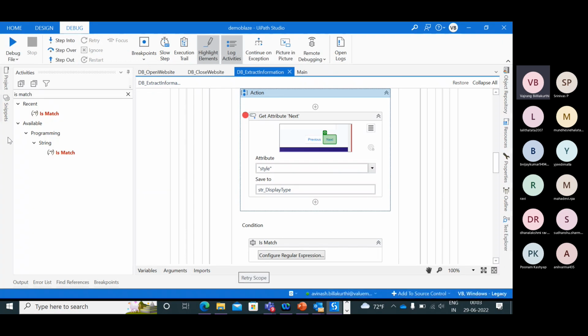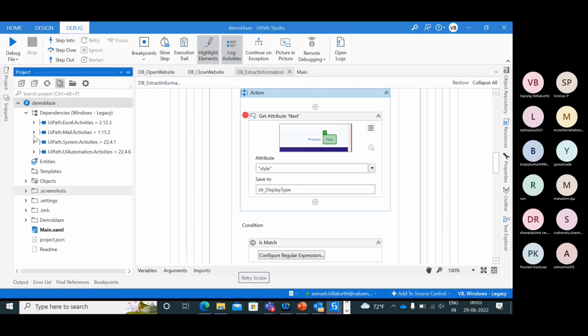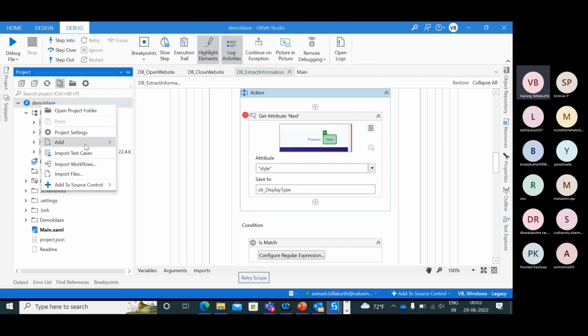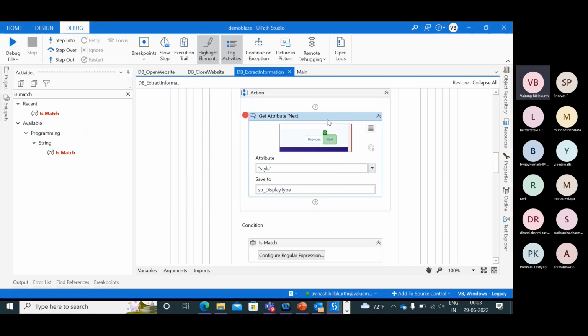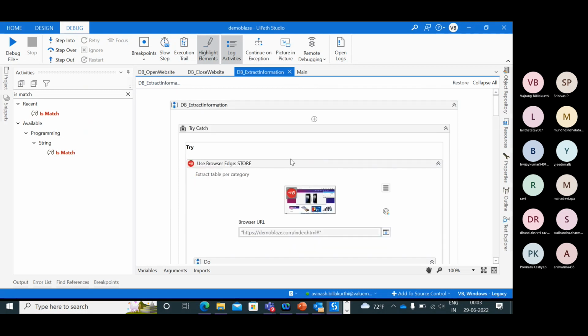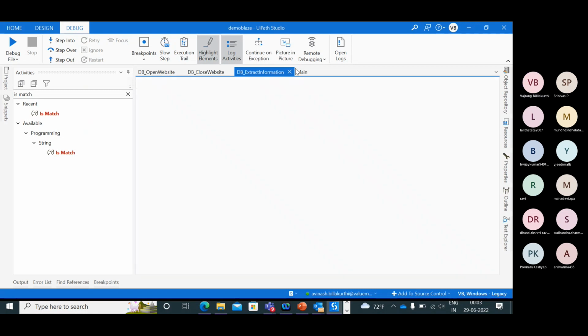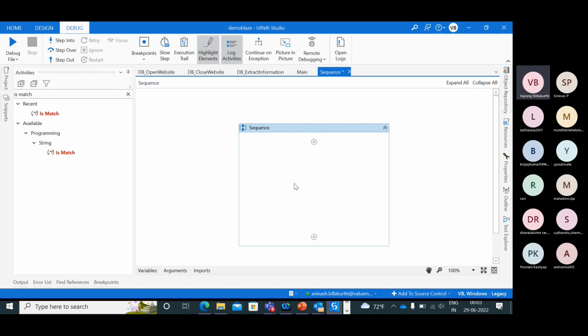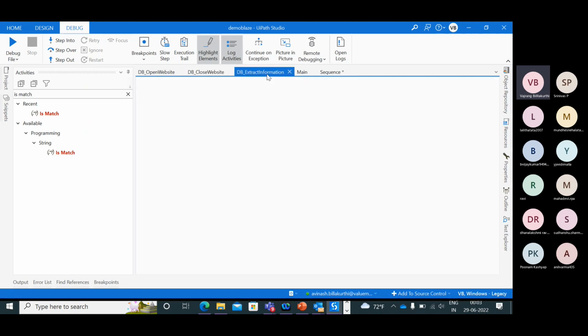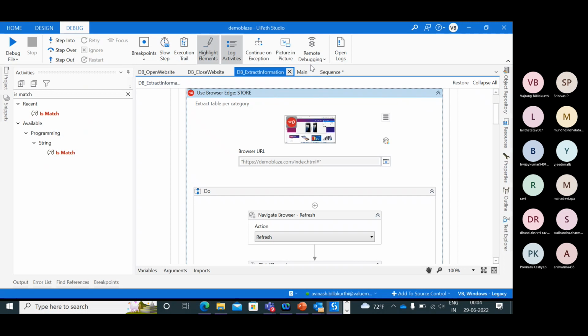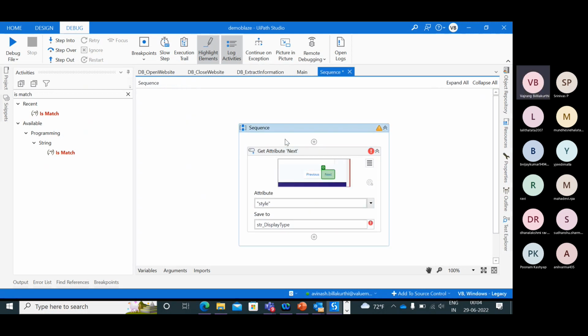Let's create a new sequence and try. New sequence. This is just for testing. I'll just use get attribute only. Use browser, I'll take. Sequence, I'll add. And this one, attach browser, extract information, paste.